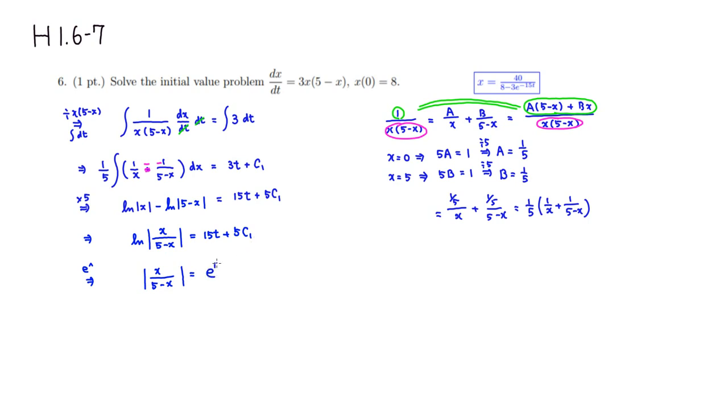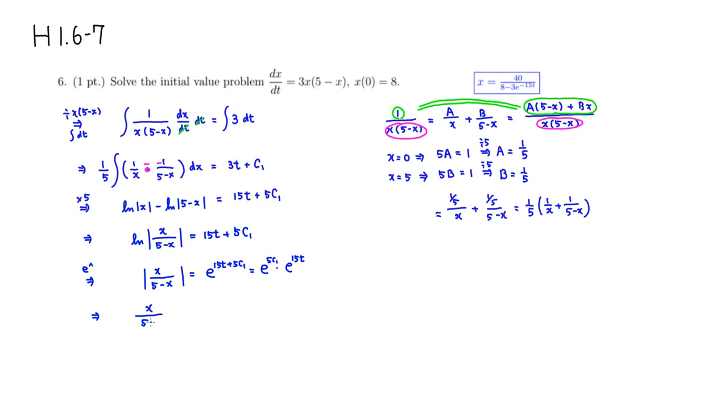But I'm going to actually rewrite it, I'm going to split it as e to the 5c1 times e to the 15t. Alright? Then, since we want to get rid of the absolute value sign, so I'm going to remove the absolute